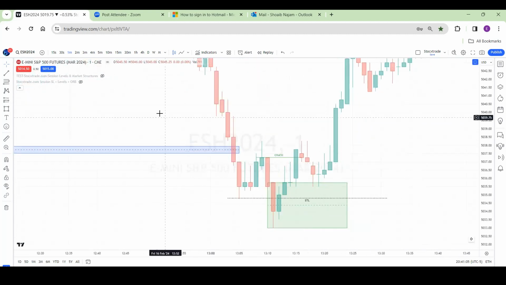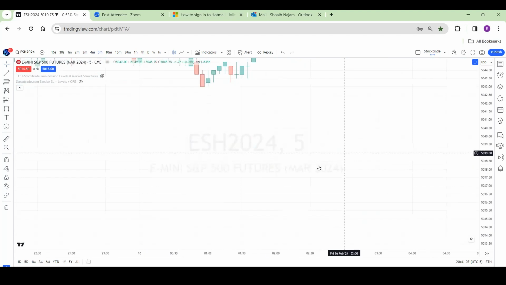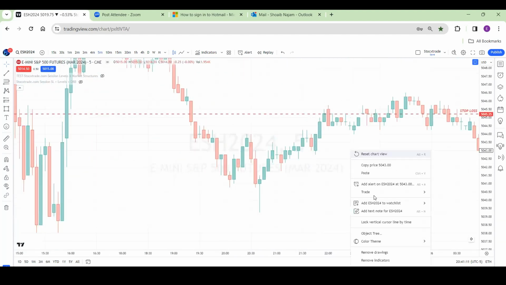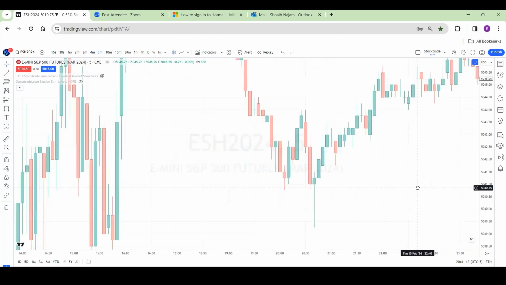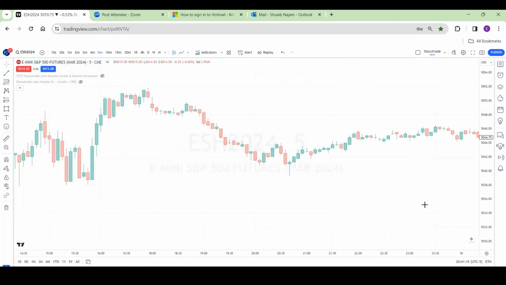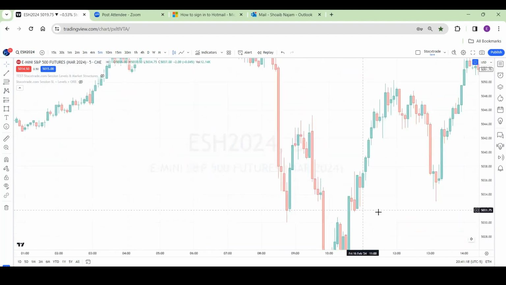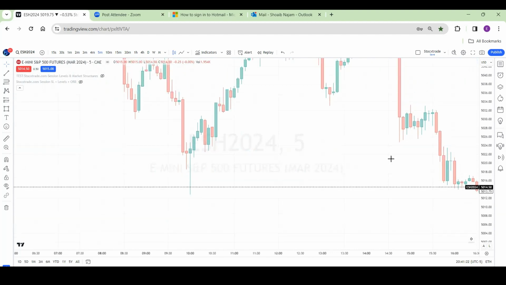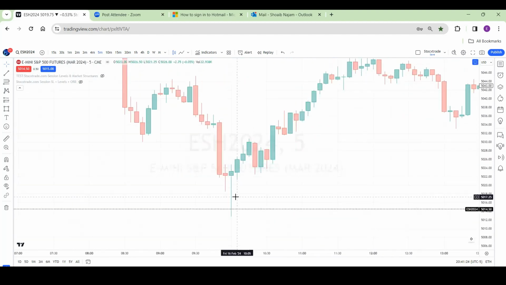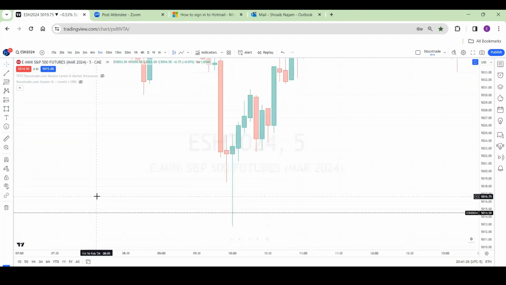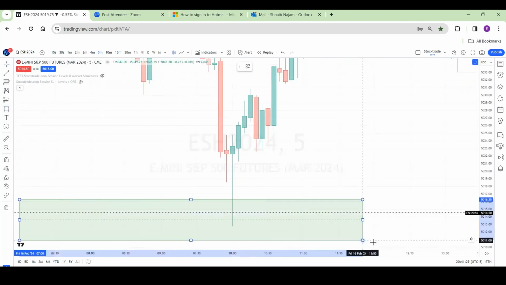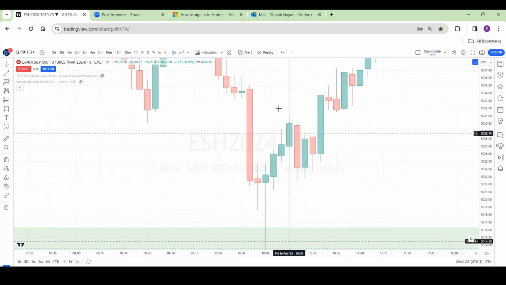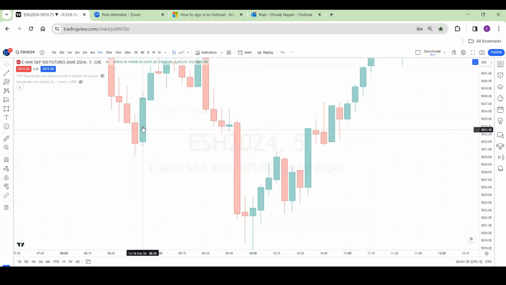If you are entering, suppose with the 5 minutes, let me see if we had any. So this was the area. No, not this. Wait, where is that one? So this was the rejection. We already marked the 15 minutes demand zone, which was coming like this. I got a rejection. Okay. What I was telling,